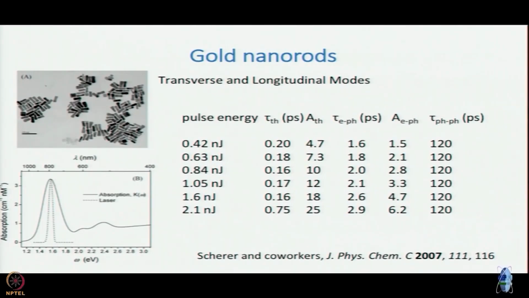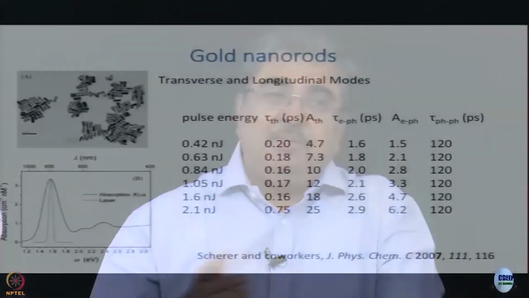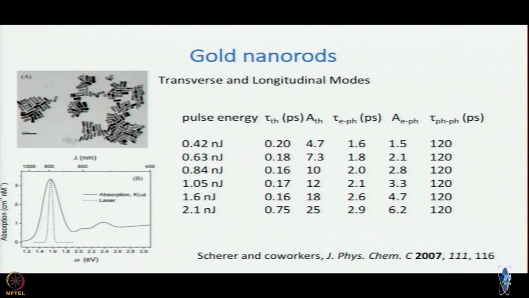Why? Because here there are two axes, right. If you have a rod, then you have a length and you have a diameter. So, you have actually two modes, a longitudinal mode and a transverse mode. Which one will be associated with a higher energy? Yeah, transverse mode. So, here you see a spectrum from Norbert Scherer and co-workers, where you can see this is